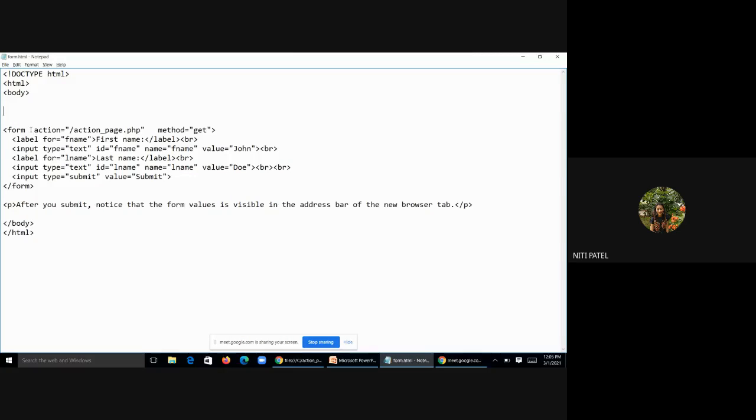Observe one thing, both the attributes are not separated with any comma or colon. Nothing is there. Finish one, immediately put a space and start writing the other attribute. Okay.